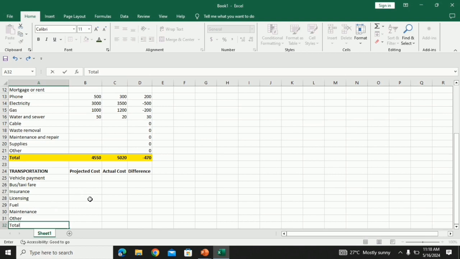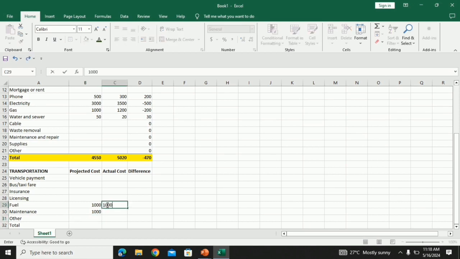So projected cost of fuel is 1,000, and maintenance also 1,000.